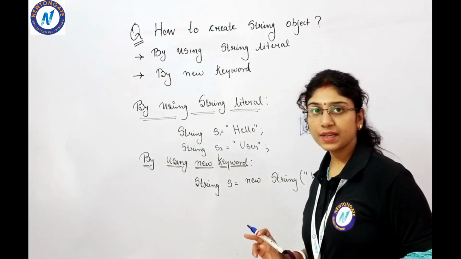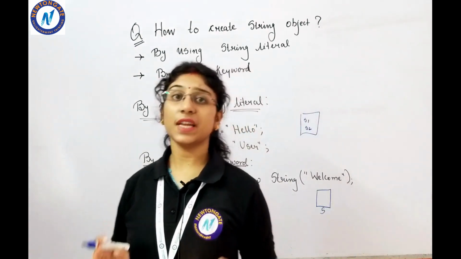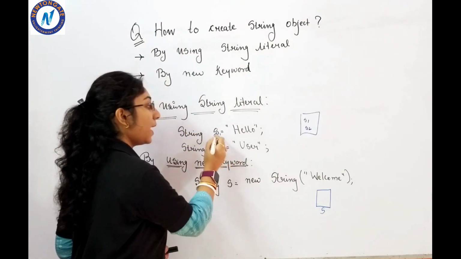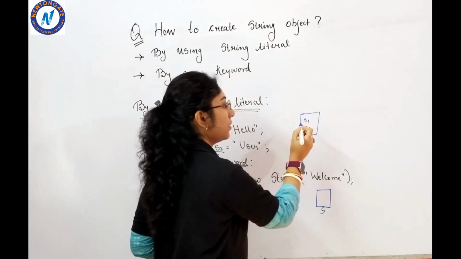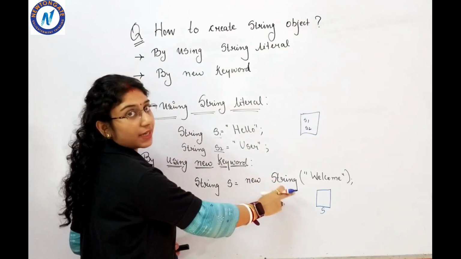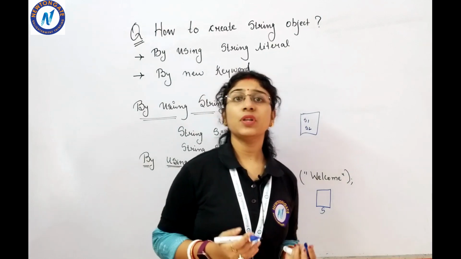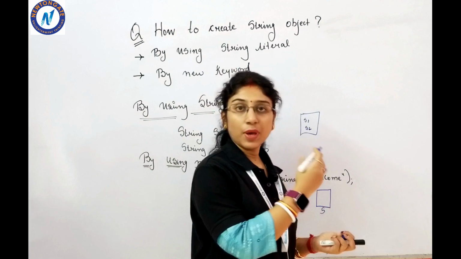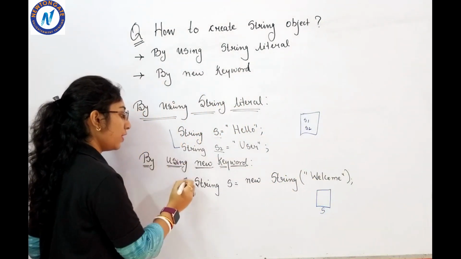Okay, clear? This is the difference between both of the statements. In the first one, although I have created two objects, as they have been created with the help of string literal, that's why they are sharing the same memory. But in case of string object, another memory will be created. So the question may come that as per the following coding, how many memory locations will be allocated? So two blocks will be allocated, one for this and one for this.